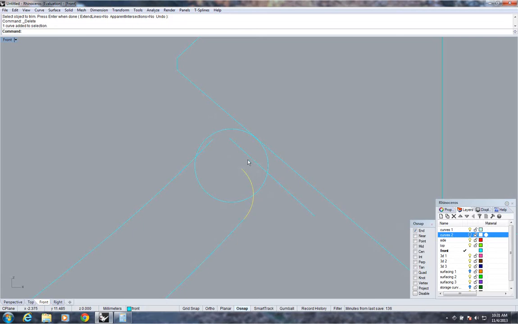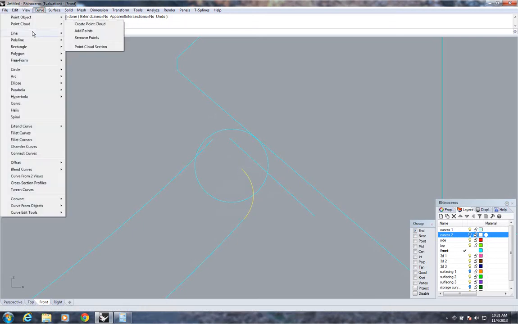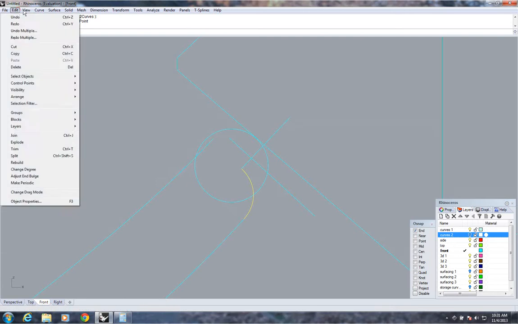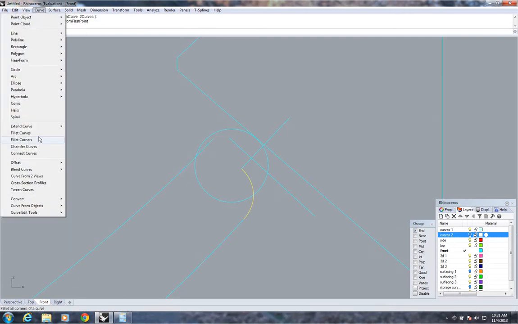And I want to cut this off too. Line perpendicular from curve, from first point, curve fillet curves,